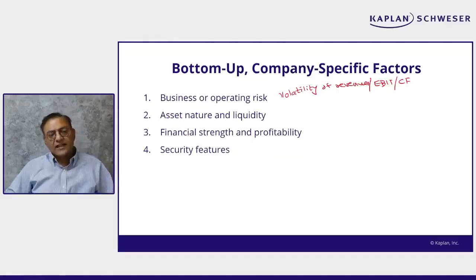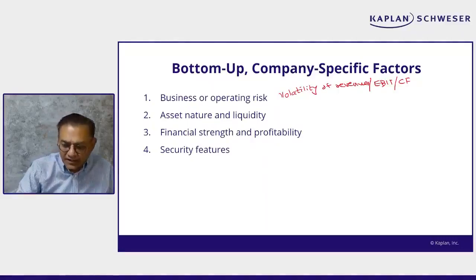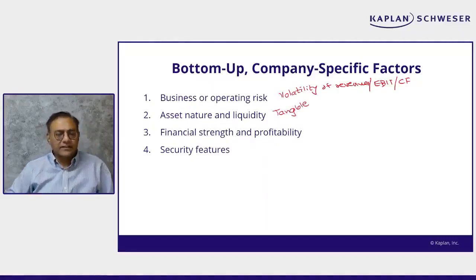The second is the asset nature and liquidity. Tangible assets tend to be a better collateral than intangible assets, right? So companies with a large proportion of tangible assets